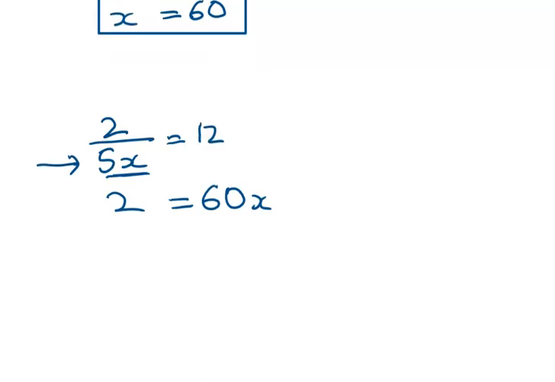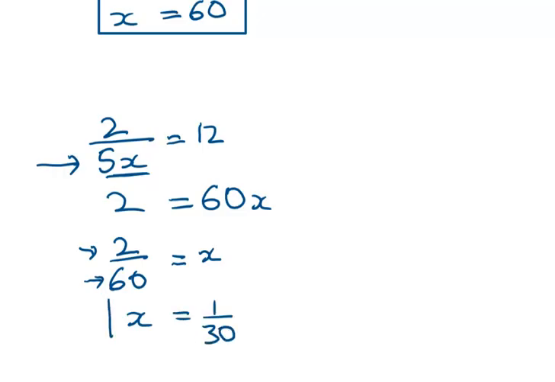Now we're back to a one-step equation. We divide both sides by 60. So we have 2 over 60 is equal to x. But we have to simplify that fraction. So we're looking for the highest common factor in the numerator and the denominator, and that's 2. So my final answer is x is equal to 1 over 30. So that's question 28. Right, question 29